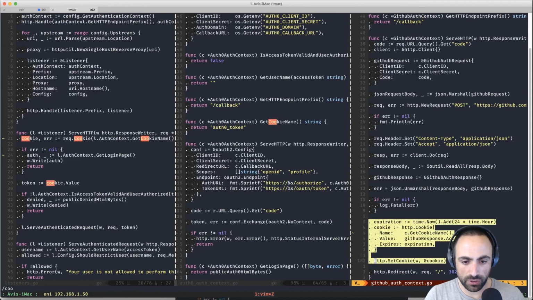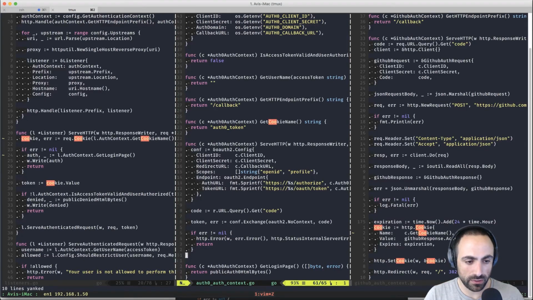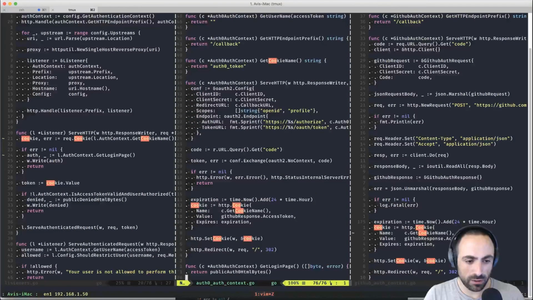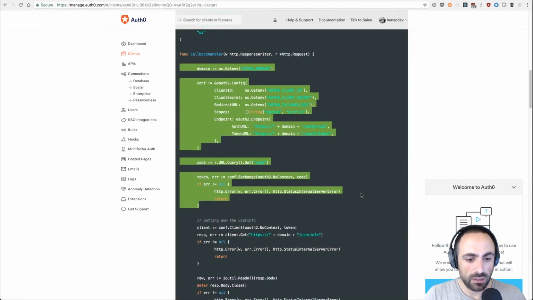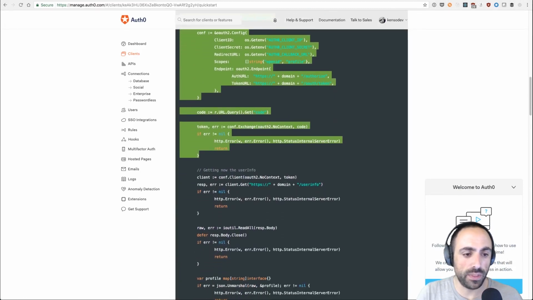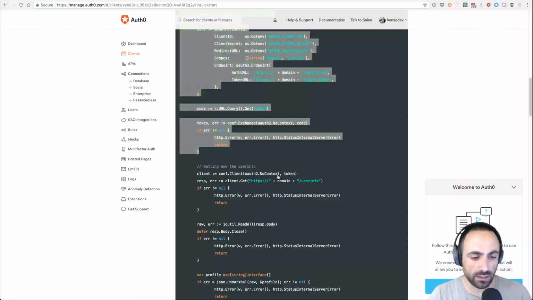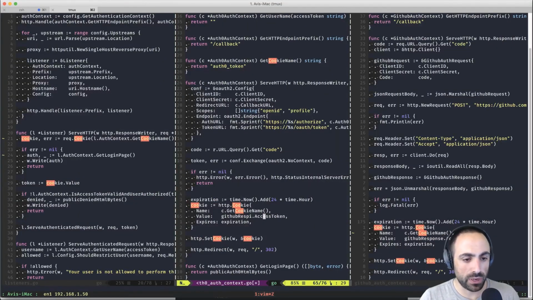So expiration, and then cookie, and then redirect. Right? Expiration, and then cookie. Why is this GitHub response? So this should be... Wait a minute. So this is the token. Oh, and then with the token, I get the user info. Okay. But for now, what I want is just to save this token.